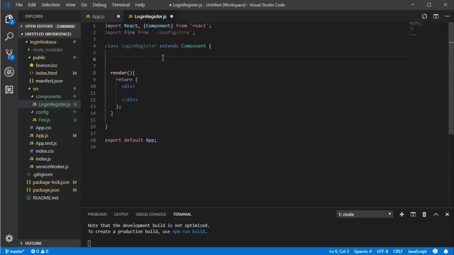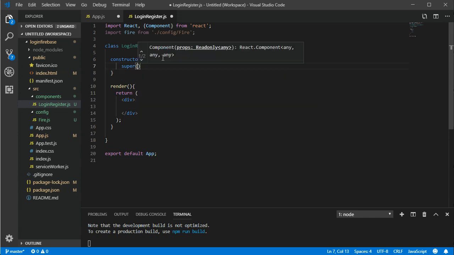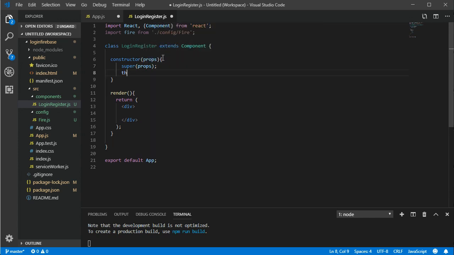Okay, so here we will have a constructor, and this constructor is gonna have props. Okay, now here let's say super props, and then here we have this state. Now we define our states,